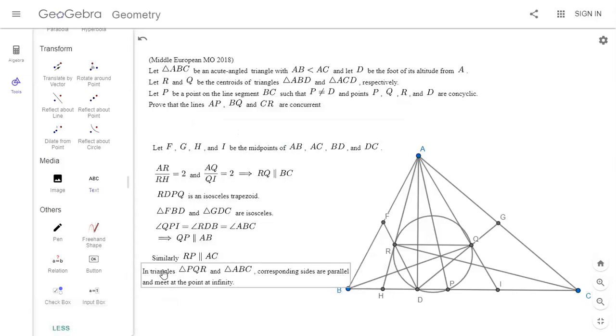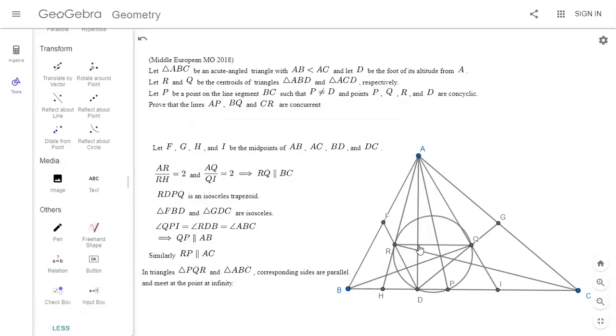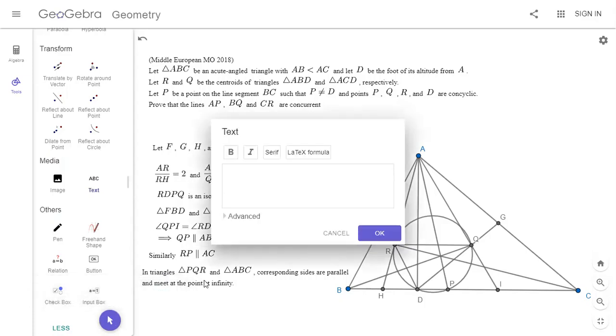So that means we can apply Desargues' theorem. I don't even know if you need Desargues or just something about homotheties, but maybe it's just like they're similar, so there has to be a homothety. I don't know exactly, but anyways, Desargues works. So by Desargues' theorem, A, P, B, Q, and C are